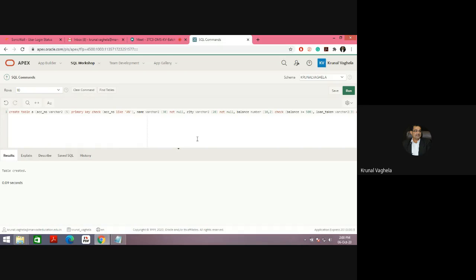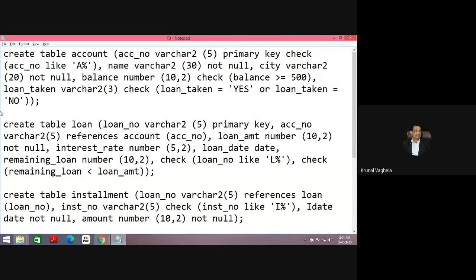Table created. Right. Now, see, when you want to use on delete cascade or on delete set null, you need not do anything with the parent table. Whenever you are creating the child table, now this is the second table called loan, right? Where loan number, varchar2, loan number is my primary key, account number, varchar2, references account.